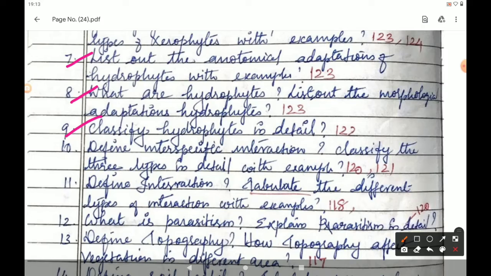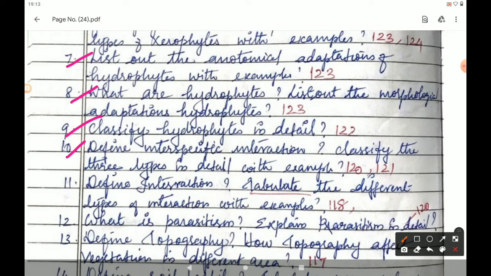Example, Nelumbo, Nymphaea. Submerged floating hydrophytes are plants completely submerged in water. Example, Ceratophyllum, Utricularia. Rooted submerged hydrophytes are plants completely submerged in water and rooted in soil, with no contact with air. Example, Hydrilla, Vallisneria. Amphibious hydrophytes are plants which adapt to both aquatic and terrestrial mode of life. Example, Ranunculus, Typha, Sagittaria. Students, next question,